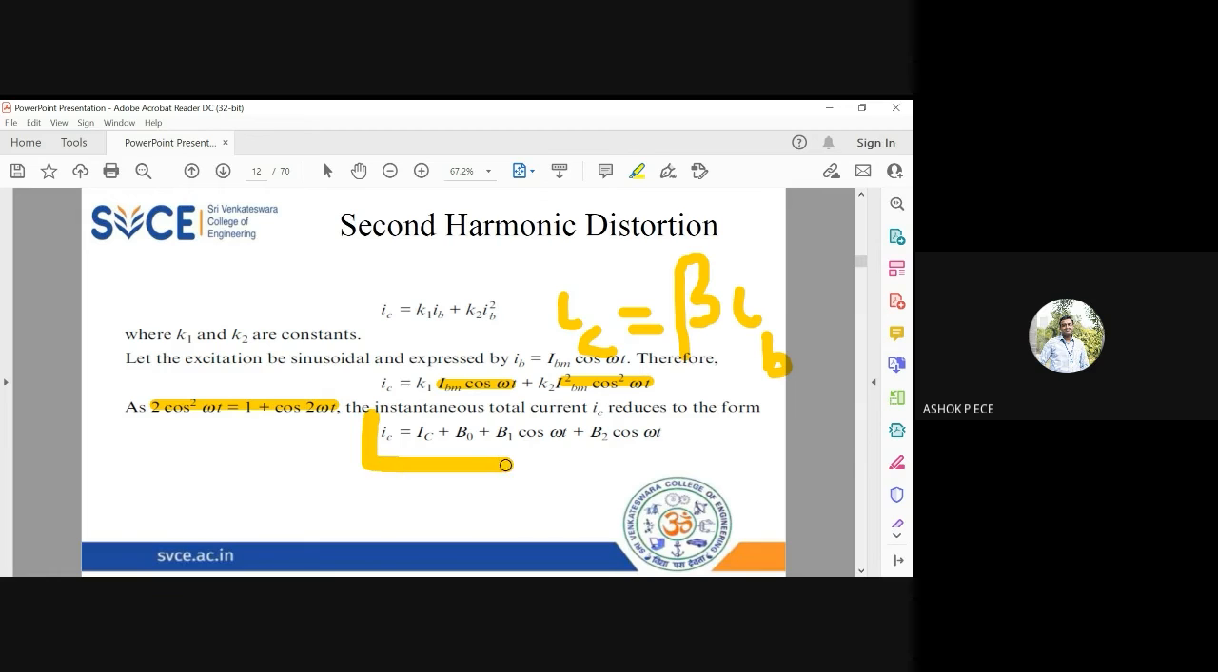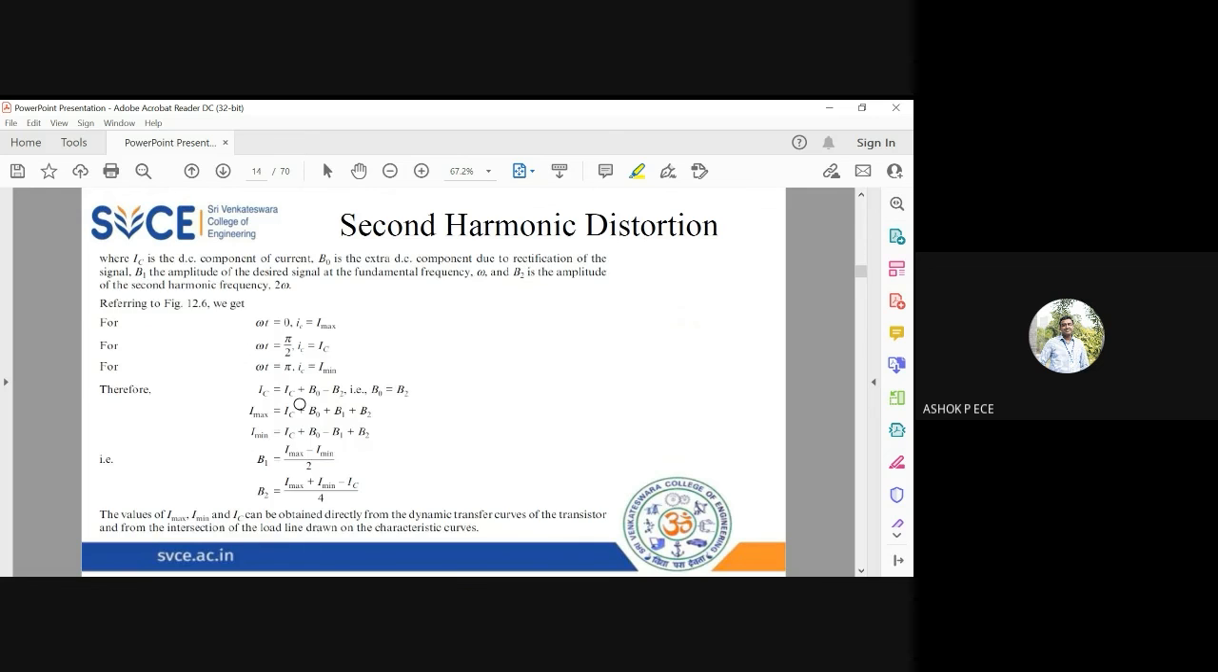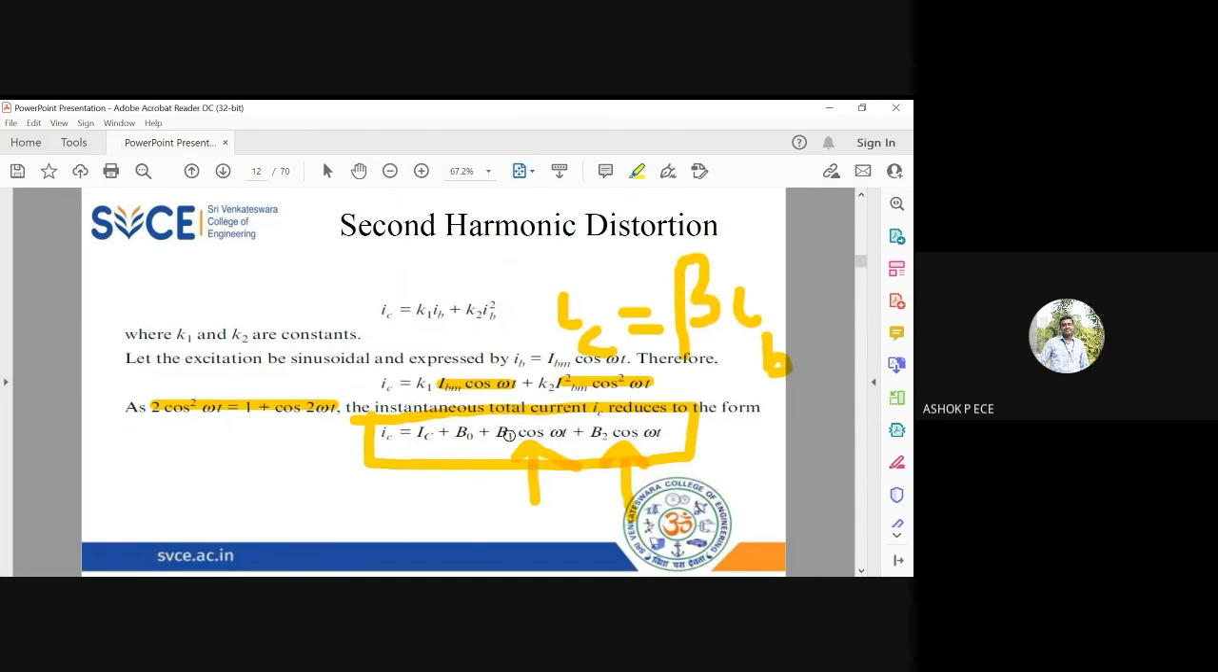This is the general format for how you represent your distortion. You will have a DC term, plus B1 cos omega t, which is your required frequency. B2 cos 2 omega t is your second harmonic distortion. So from the graph, now I have to find the values for I1, B0, B1, B2 from the